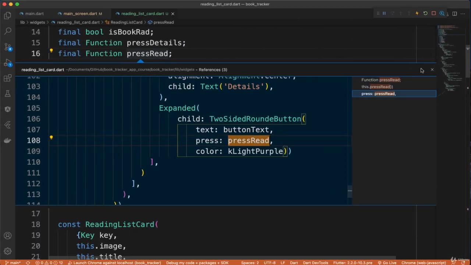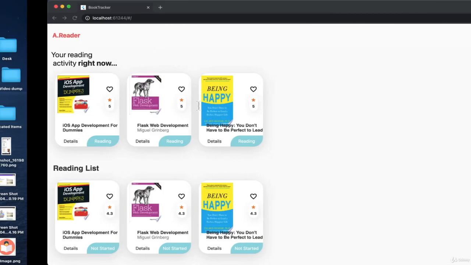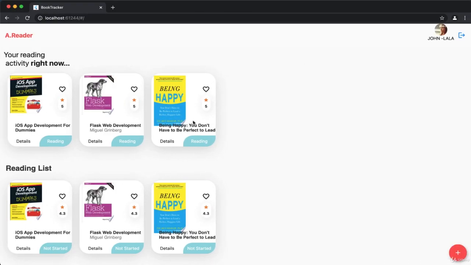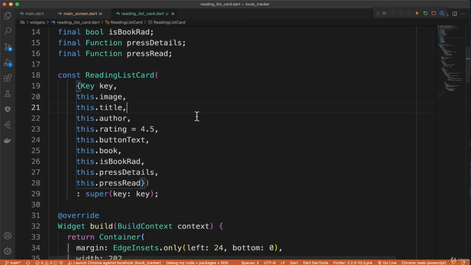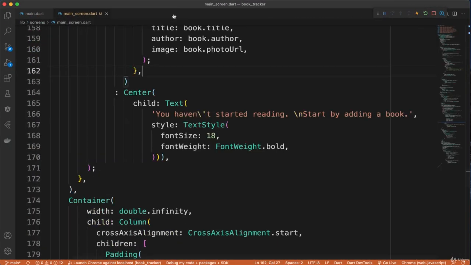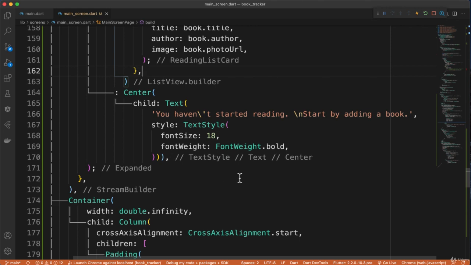What we want, rather, is to make it so that this entire view, this entire card, when clicked, is going to respond to that click event. Now, you could, if you want, make it all compartmentalized, that's fine, but I want to make sure that the whole card is clicked and then something happens. So we are going to do something different. Going back to our main screen there,